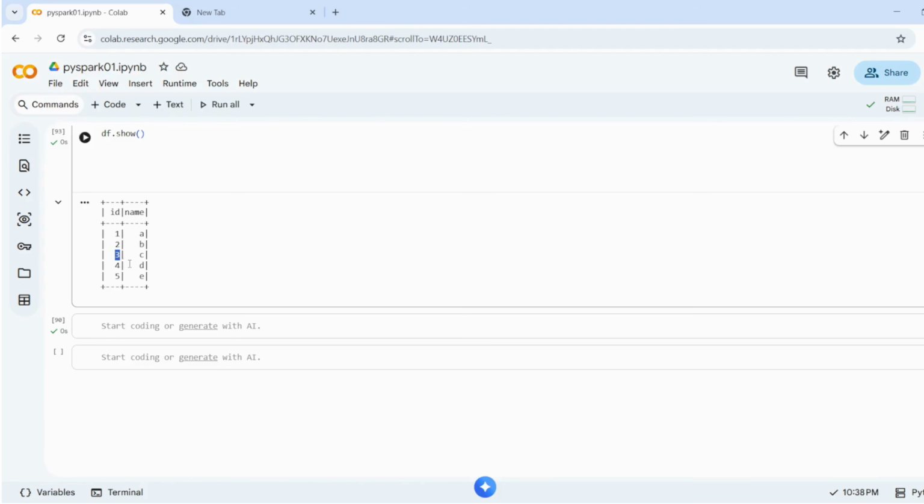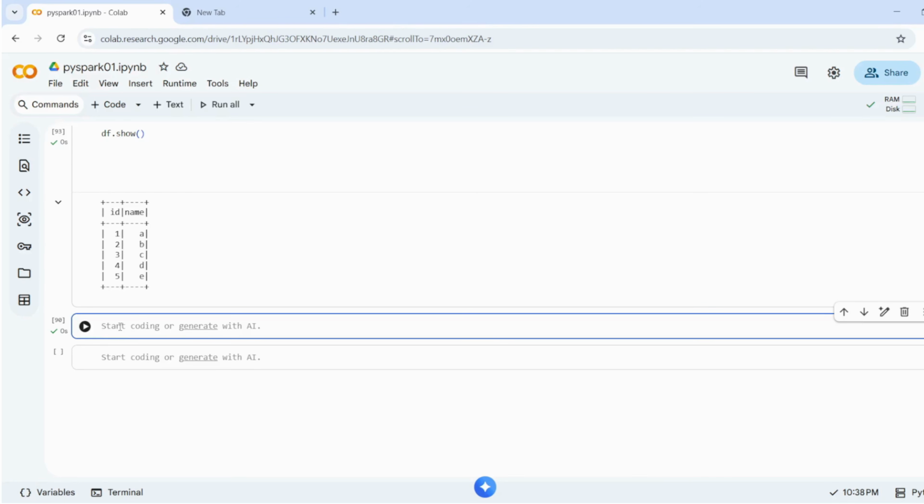Similarly for 3, we take the next name, and for 4, we take the previous name. But for 5, we are not willing to take any other name; the name that belongs to it is good to go. So first of all, we need to find out odd and even